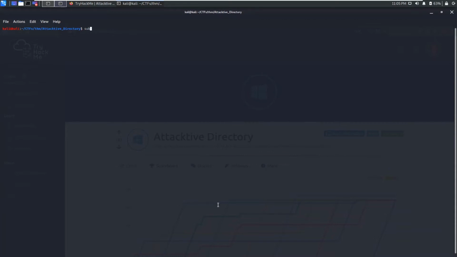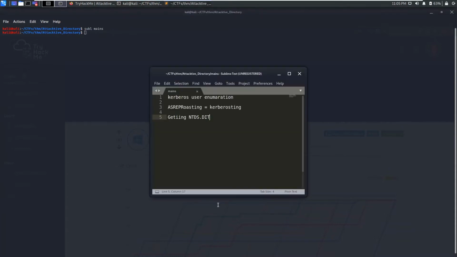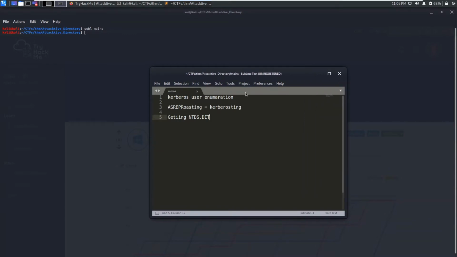So in this video, we are going to look at three main things. Number one, we are going to use Kerberos user enumeration. So what is Kerberos? Kerberos is an authentication mechanism that is used by the domain controller to authenticate the users. Second thing is something I think most of you have heard of, Kerberoasting. Kerberoasting is a process where we exploit the Kerberos authentication system where privileged user pre-authorization